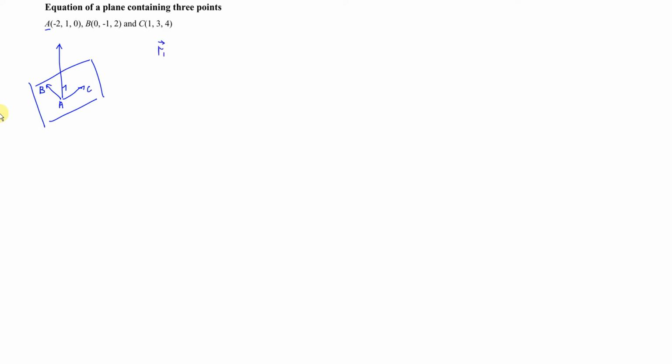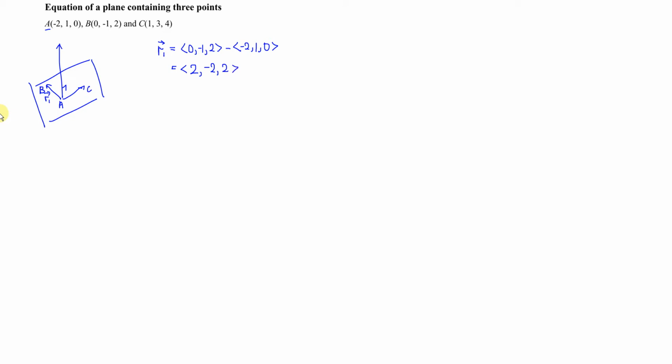For the first line vector, let's say it is A to B. So always use the end point minus the start point. We can write it in vector form. So we obtain 0 minus negative becomes plus 2, minus 1 minus 1 we have minus 2, 2 minus 0 we